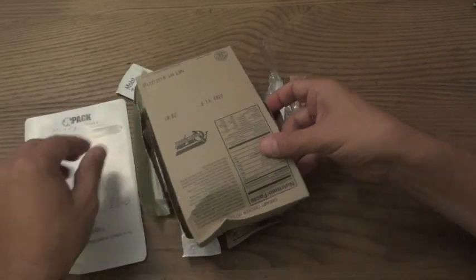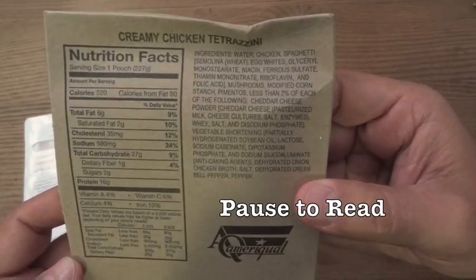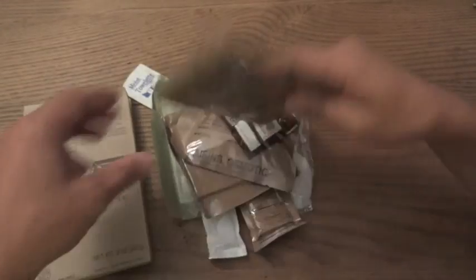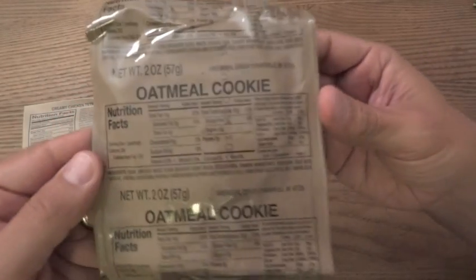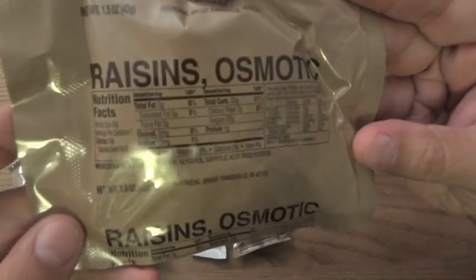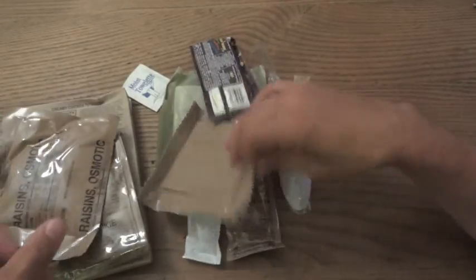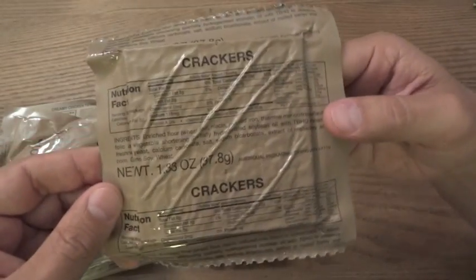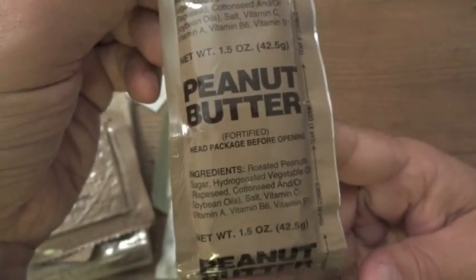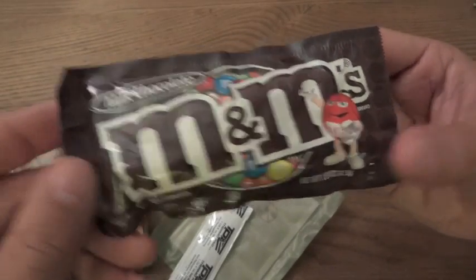Your information sheet, of course. Here's the Creamy Chicken Tetrazzini. You have an oatmeal cookie, Osmotic Raisins, crackers, peanut butter, some plain M&Ms,